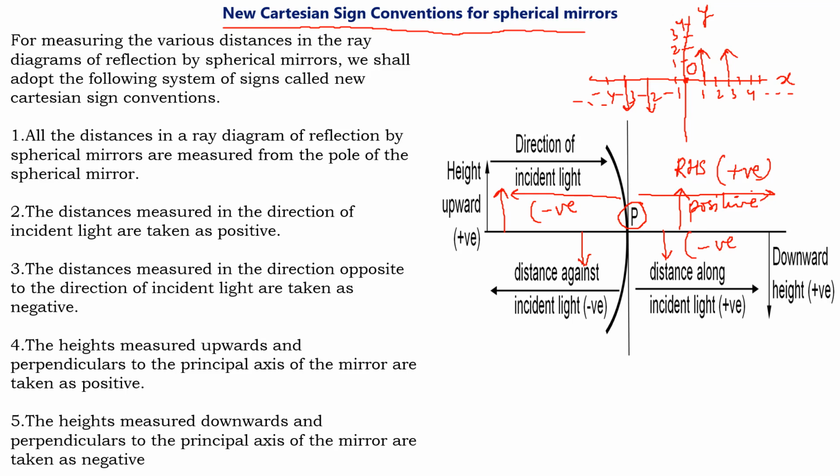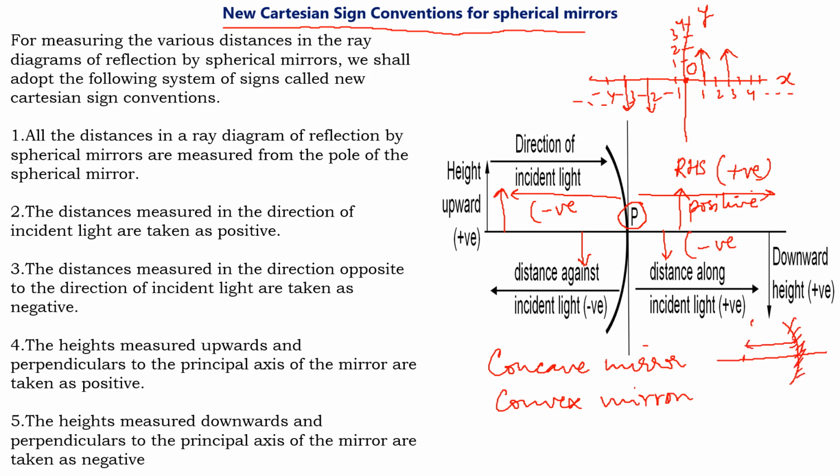Now one thing you have to remember, for concave mirror and convex mirror, you know, for a concave mirror the focal length is this side, isn't it? This is the polished side. This is your focal length. So focal length is always negative. And for your convex mirror, it is always positive. Because this is your convex mirror and the focal length lies on this side. This is your P. So this distance is actually positive. These two things you have to remember.